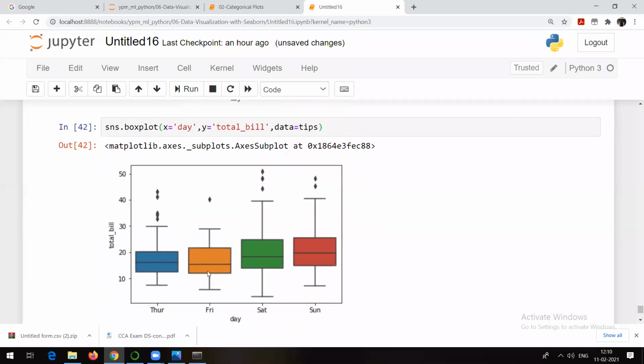Now see, this is what the box and whisker plot is. How can you interpret this particular box and whisker plot? We have seen this in Matplotlib. At that time I told you, let's suppose this one. What is this? This is 0 percentile, and we already talked about the meaning of the term percentile. This is 25 percentile, this is 50 percentile, this represents 75 percentile, and this one is 100 percentile.